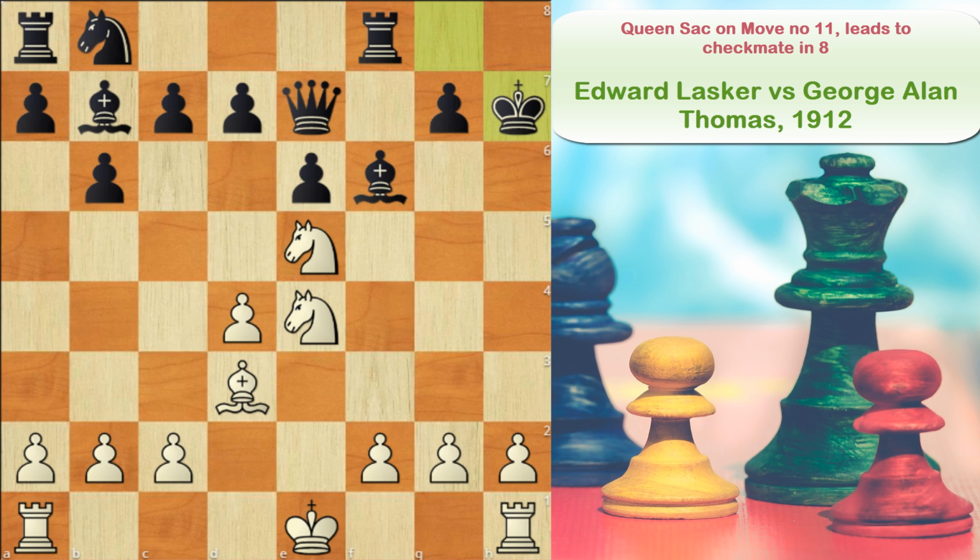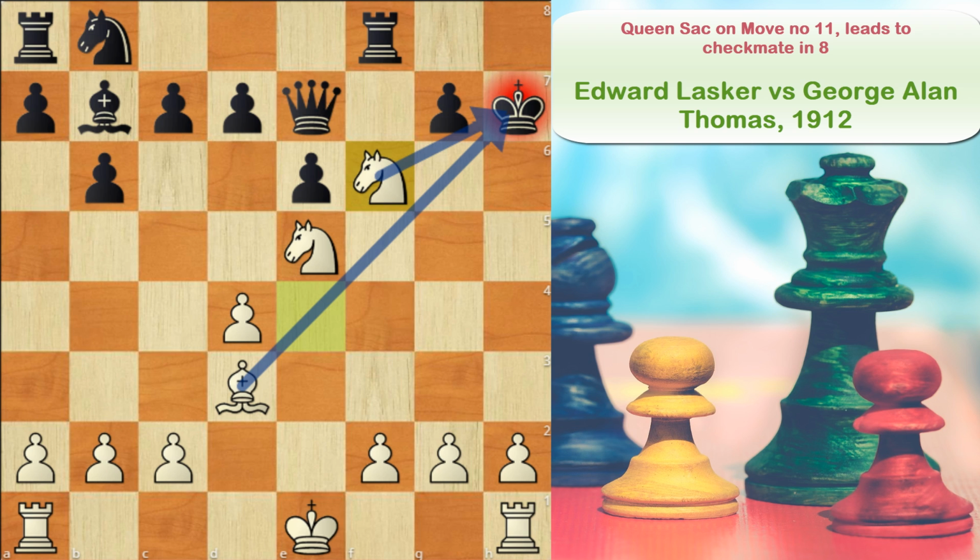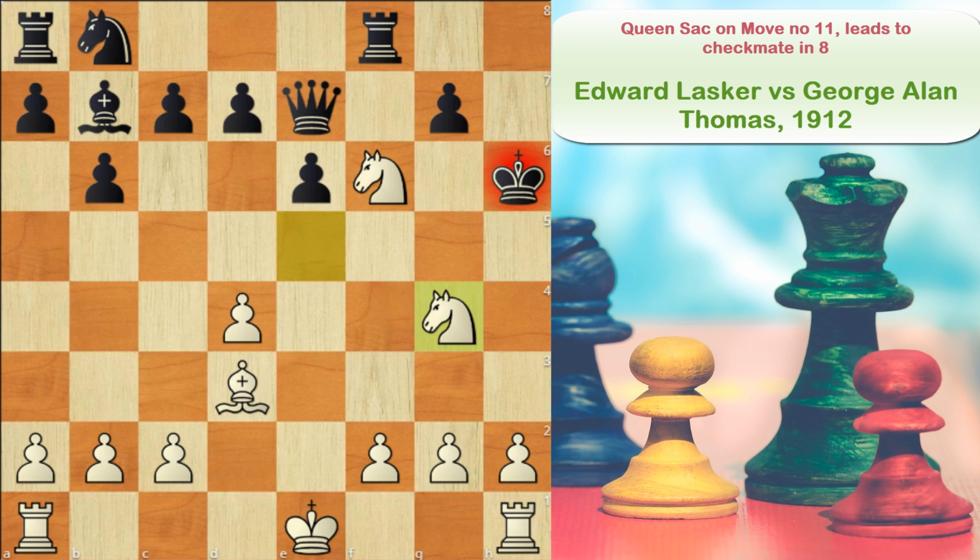King takes on h7 which was forced and now knight captures on f6. It's a double check, so king has to move. King to h6 only move, knight to g4, king to g5 only move and now h4, king to f4 only move,